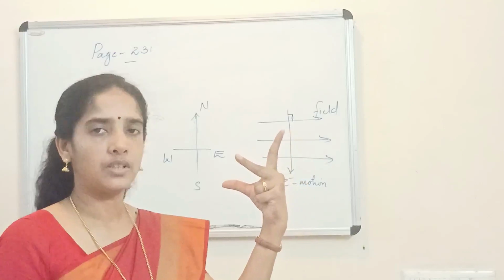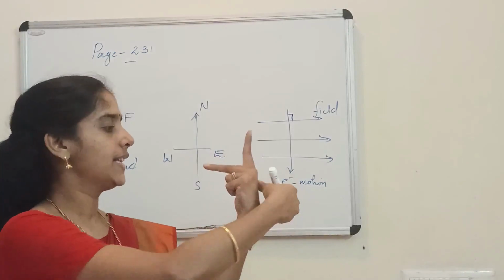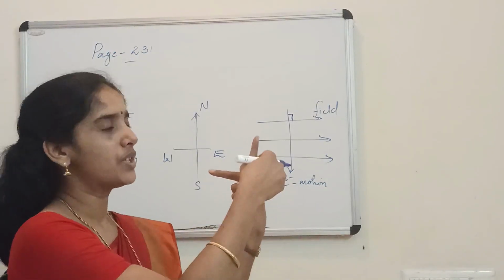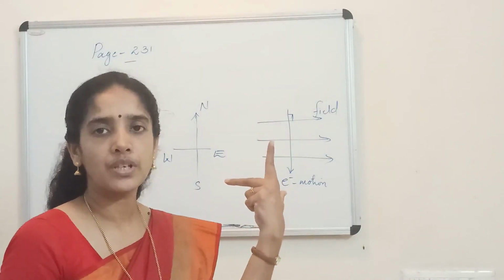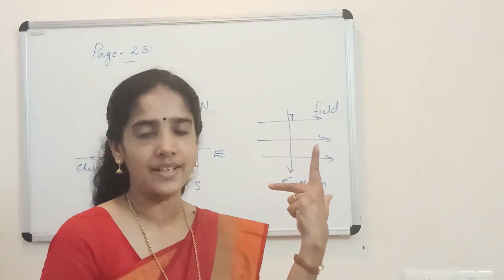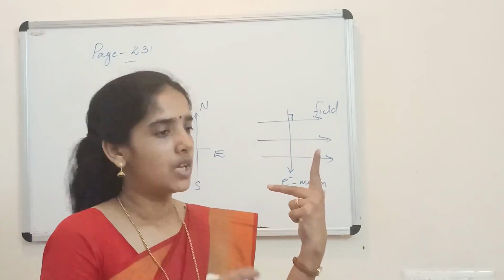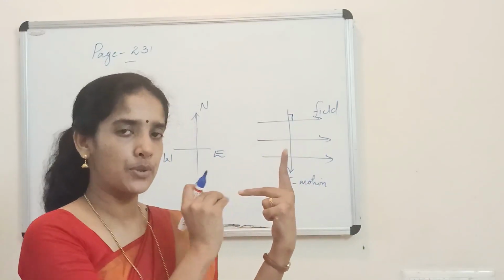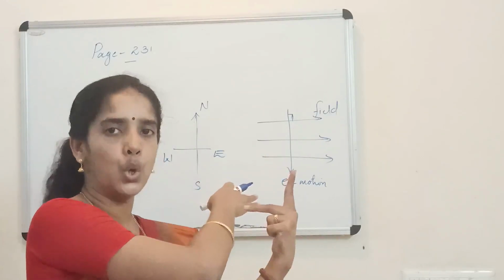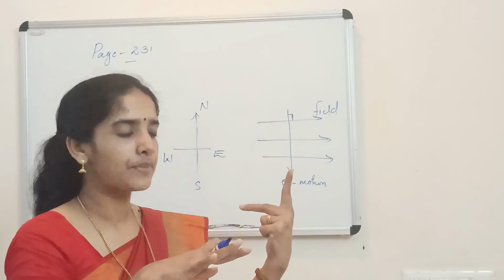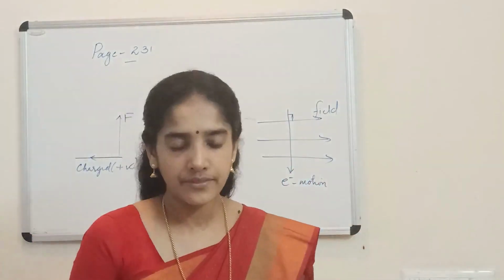So let me open the thumb. Look, the thumb should be perpendicular to this. Now this is west, this is now north. Now what is the forefinger showing? The forefinger is pointing vertically upward. What is the meaning of the forefinger? The forefinger represents the direction of the magnetic field. That means in this situation, what is the direction of the magnetic field? Vertically upward. So here an alpha particle was projected towards west, and this alpha particle was deflected towards north because of some magnetic field. And that magnetic field is in which direction? Upward direction. Okay, I hope you understand this.